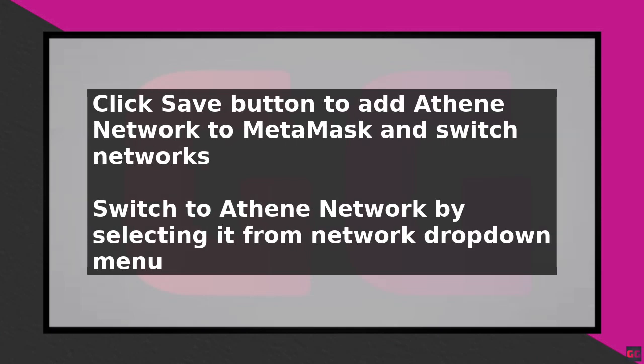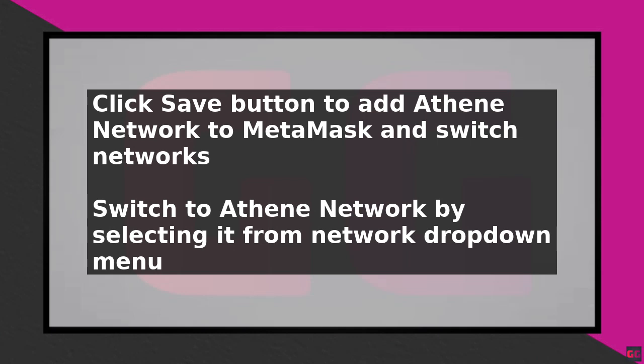Once the network is added, you can switch to the Athene network by selecting it from the Network drop-down menu in MetaMask. To interact with the Athene network, you will need to have some Athene network tokens in your MetaMask wallet. You can obtain these tokens by purchasing them on a cryptocurrency exchange or by receiving them as a transfer